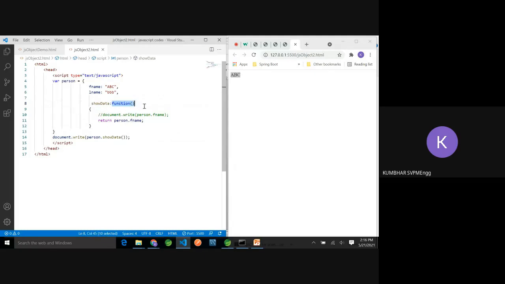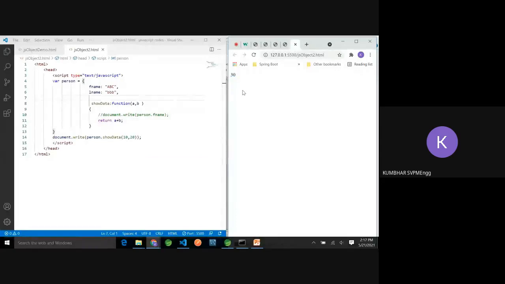Yes, you can pass parameters to this. You can pass values here, a comma b, like this. When you call it, you can pass those values, 10 comma 20. Let's say it returns a plus b. So now you are getting 30, as the 10 plus 20 is going to this object, and it is doing the addition and printing that value.